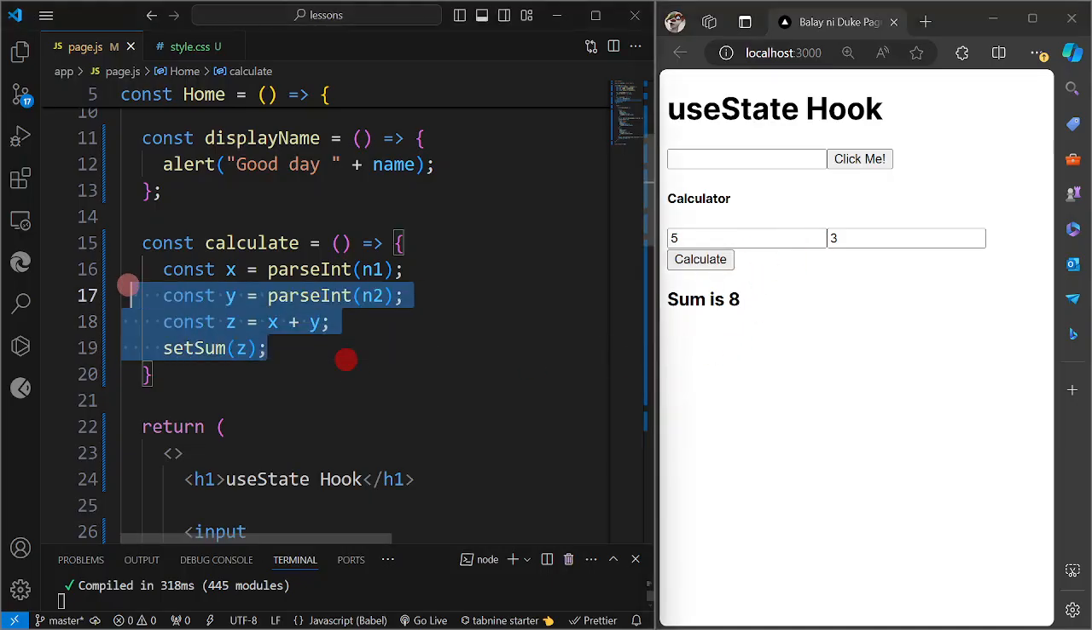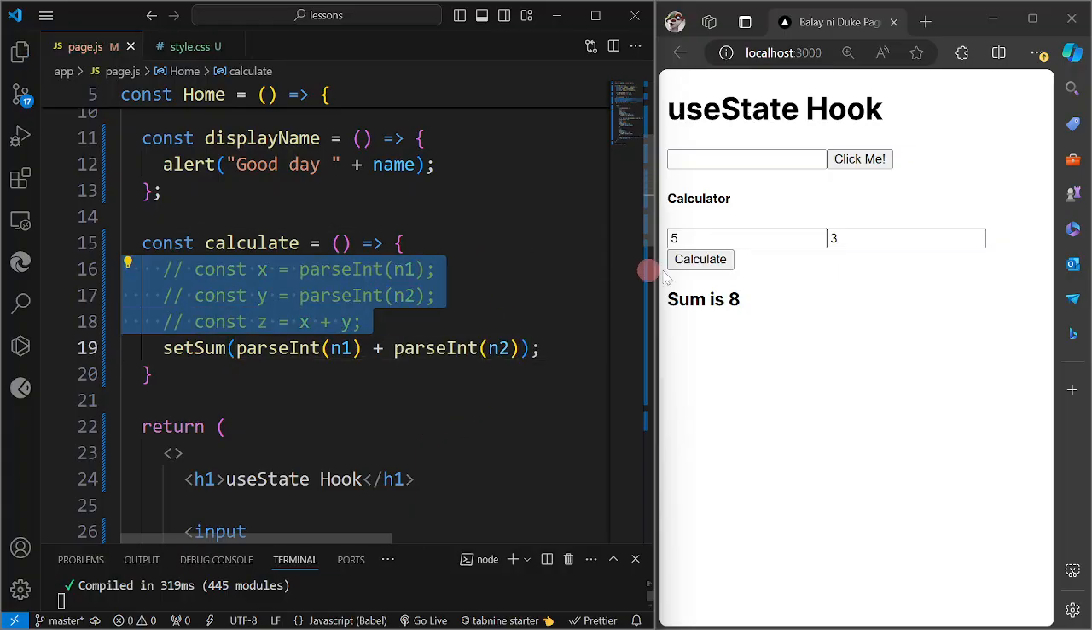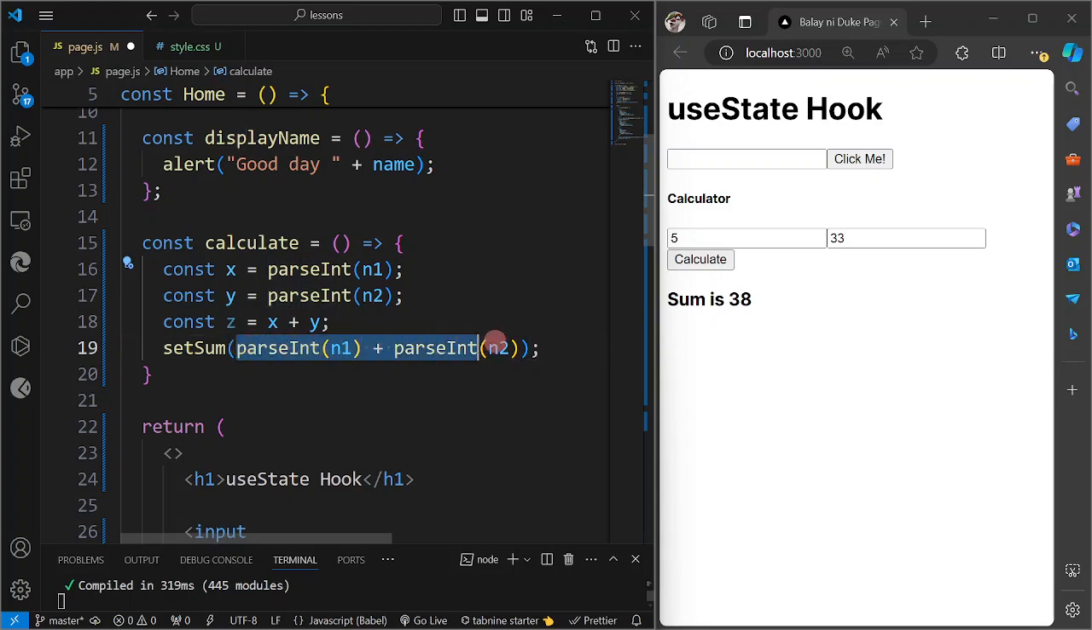Okay, so this is one way on how you are going to execute it. Another one is you are just going to get this one here plus, okay, save. 33, calculate, we have 38. Okay, anyway, case to case basis, and I would advise we are just going to use this one, but in this example we could just use actually the shorter one, but normally we are going to